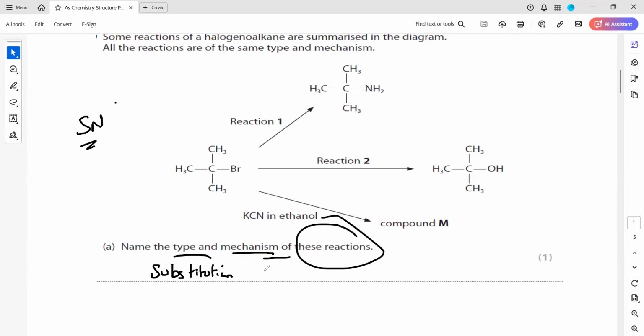And what is the mechanism for a halogenoalkane? The mechanism is always a nucleophilic reaction. So they always have a nucleophilic reaction. In this case, it is reacted with ammonia, because when ammonia reacts, NH2 will displace